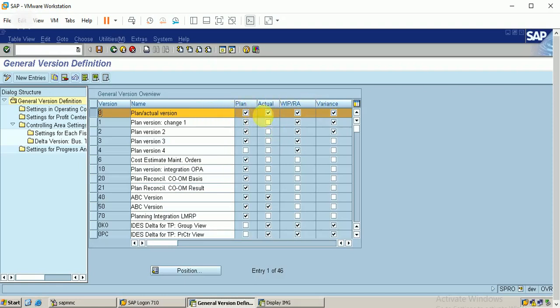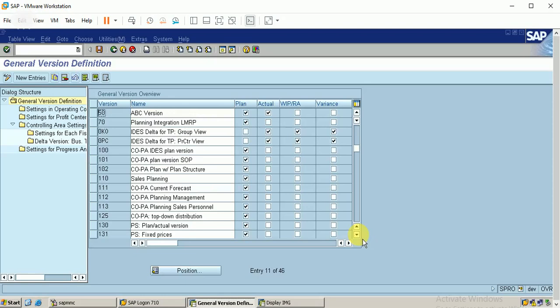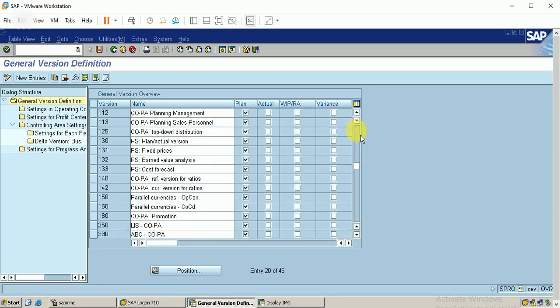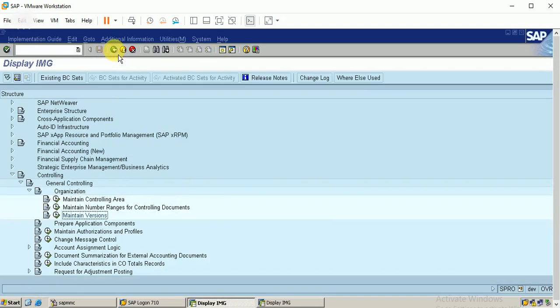There are different versions. We can also create our own version, but I'm using the standard version for my company. But we can also have our own document version.